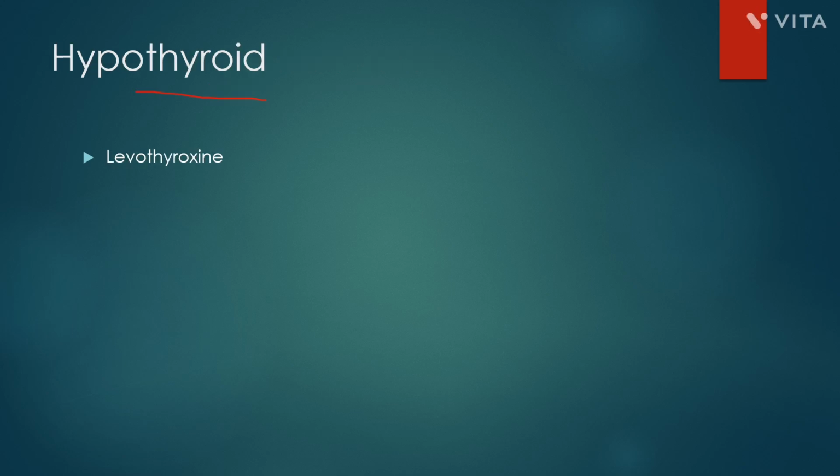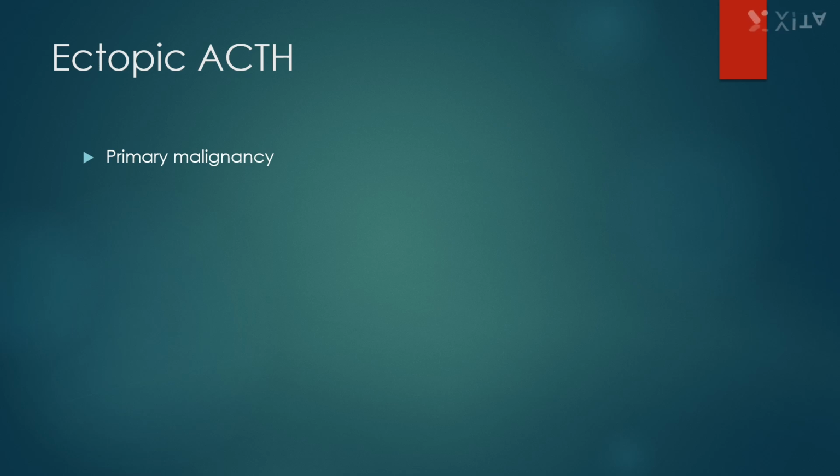Now, hypothyroidism in a symptomatic individual, what do you do? Do you do ultrasound or you give levothyroxine and then monitor the patient? The lab values were given, so it is symptomatic hypothyroidism wherein you have to give levothyroxine. Now, another scenario wherein it is Cushing with ectopic ACTH. The high-dose dexamethasone suppression test was negative, which means pituitary is not the cause. There is some other ectopic site which is producing ACTH. Could be a lung malignancy, so it is workup for primary malignancy.